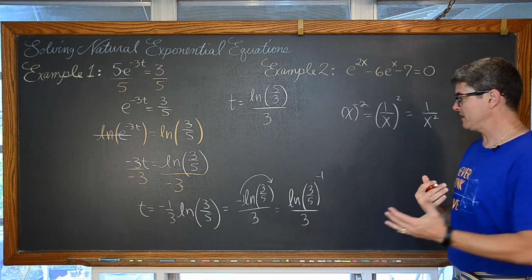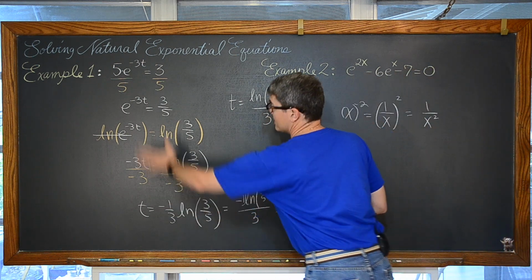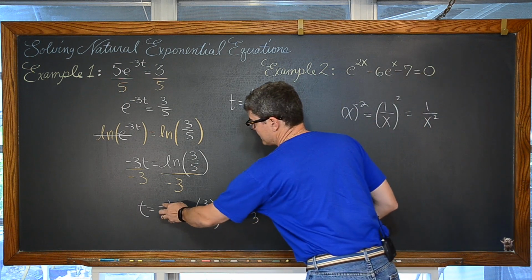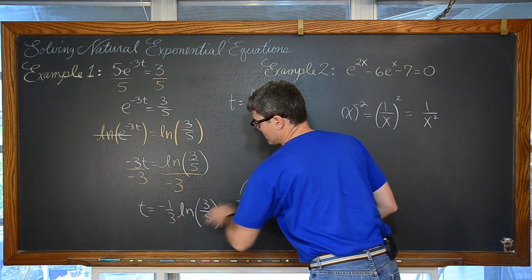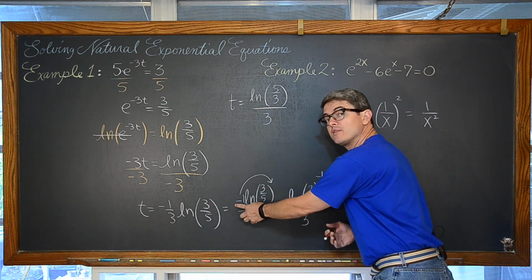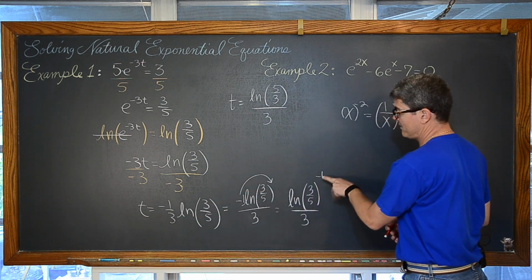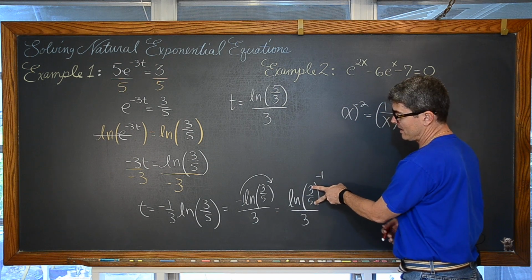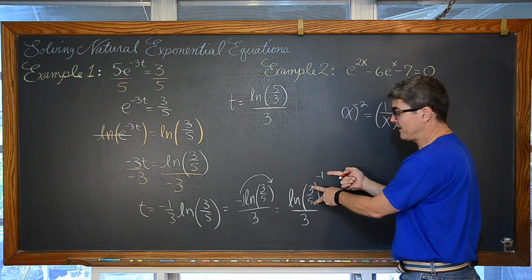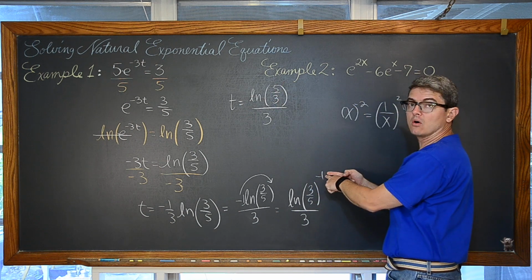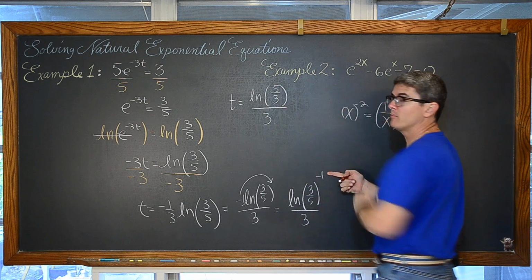Well, the same thing's happening here. Because just the process and the way that we work through our problem, we got that negative 1/3 natural log of 3/5. That negative can be shown as a coefficient of -1. We can bring that up and take the base that has the exponent of -1 and write the reciprocal. Well, that's going to turn what was our negative exponent into a positive one.